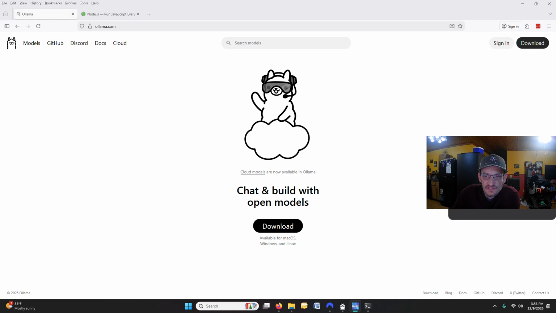Guys and gals, here's an easy one. If you're wanting to get AI on your computer that runs off of your computer, totally private, this is the way to go. Ollama,